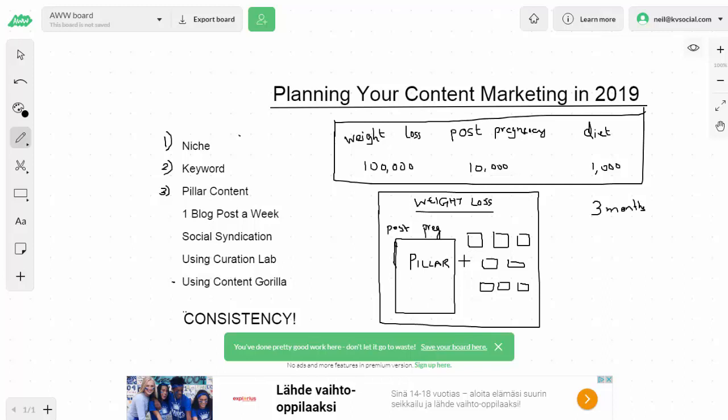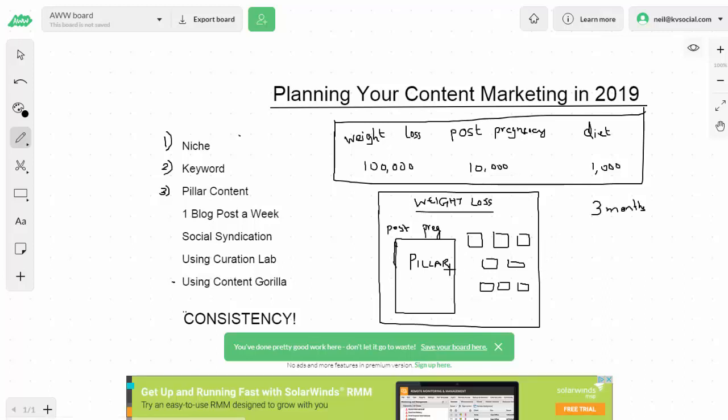So you drive all the juice that you can from your 500 to 1,000 word post back to the pillar post. Then you're going to use social media to get traffic back to these posts and also get traffic back to this post. So if you do this for 3 months, you do one pillar post and one of these smaller posts a week, and you'll start getting a lot of traffic that you need for your business. So I hope it's clear so far. So pillar post and 1 post a week for about 3 months.